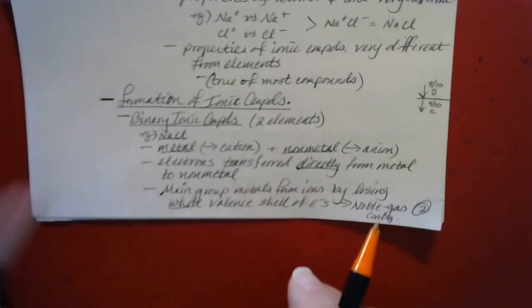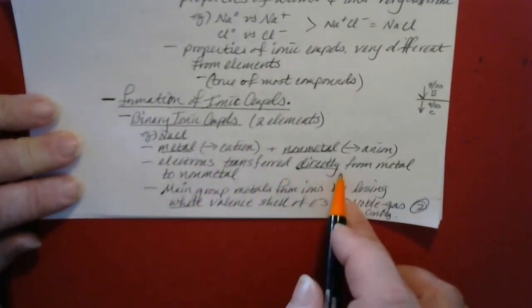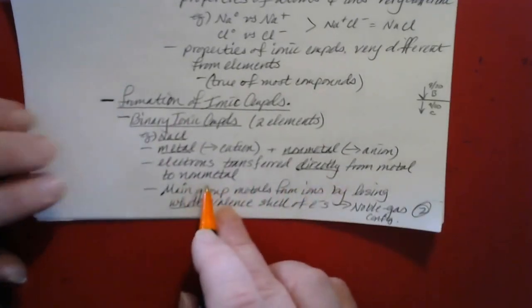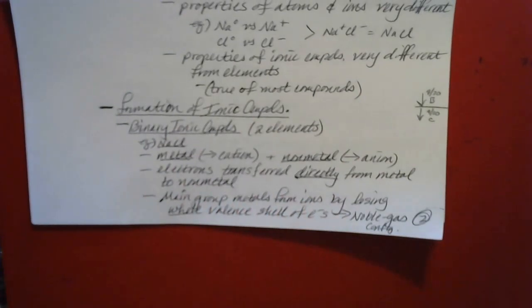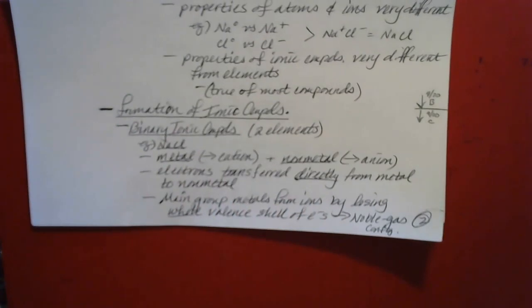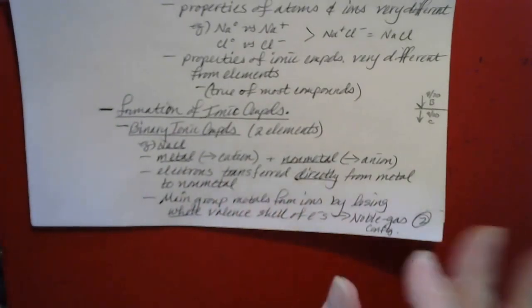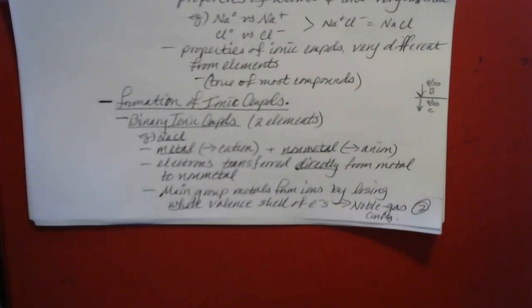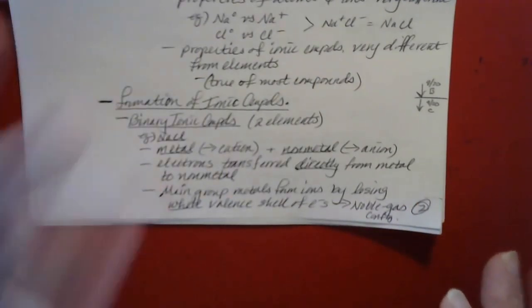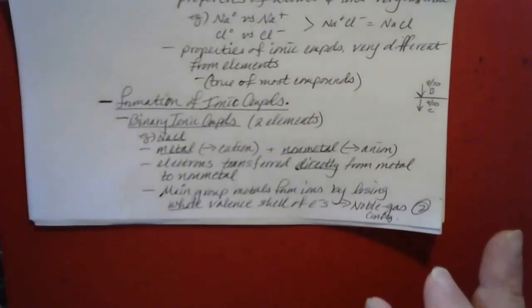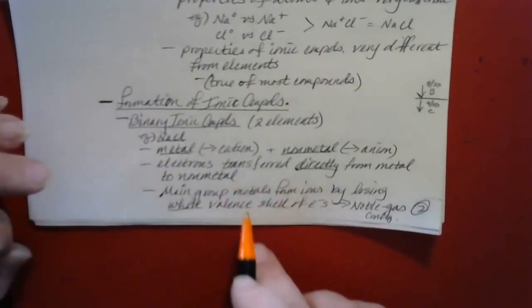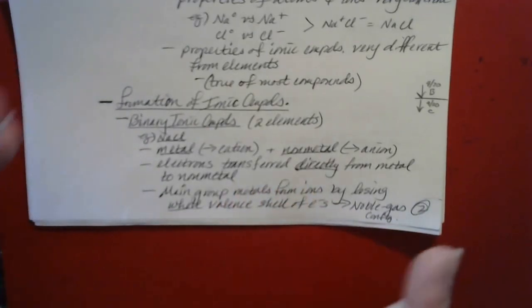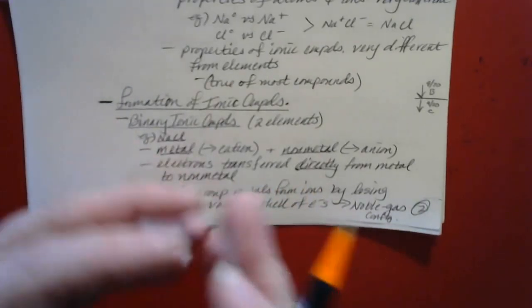It's important to remember, though, that the electrons are transferred directly from the metal to the nonmetal. The metal is not going to release any electrons until there's something else there that's willing to take them in. You don't just find free electrons floating around in solution. They have to belong to an atom or an ion or a molecule or something like that. So the transfer of electrons is not actually going to happen until the metal and the nonmetal are right there